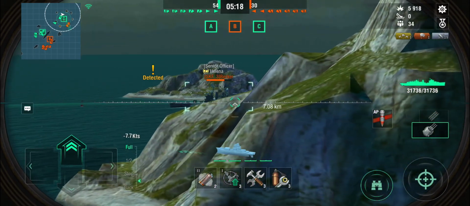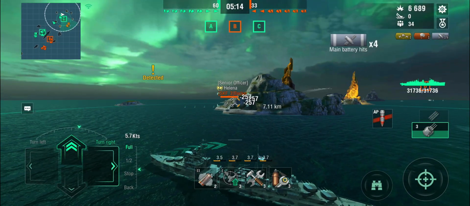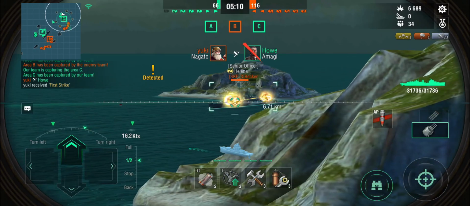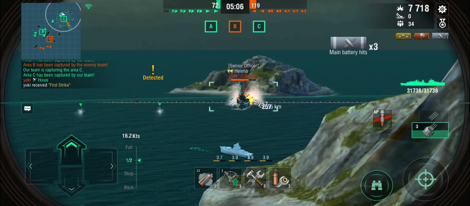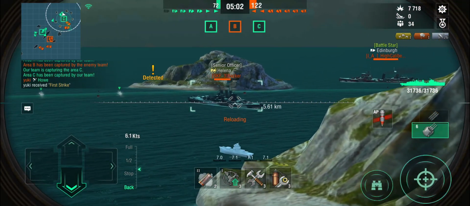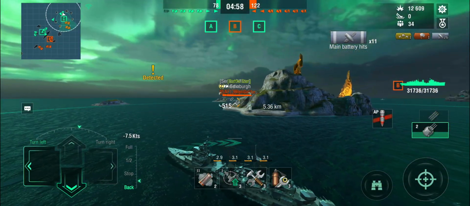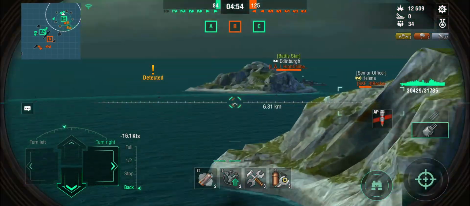So now remember, just because you can't see the Asashio doesn't mean the Asashio doesn't exist or isn't there anymore. So I do have to be very careful about Asashio torpedoes coming in. There's also the Edinburgh, so we're now 3 versus 3, 2 cruisers and 1 destroyer. But we are holding the capture circle because both Shapi and me are in it, and while the Helena is, the Edinburgh isn't. And that also tells me that the Asashio is not inside the capture circle. I mean, I'd probably see him by now if he was, but